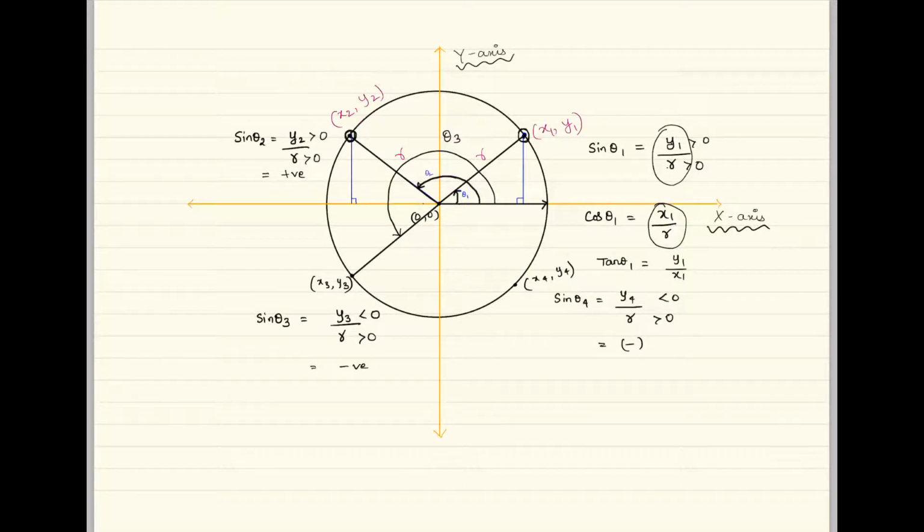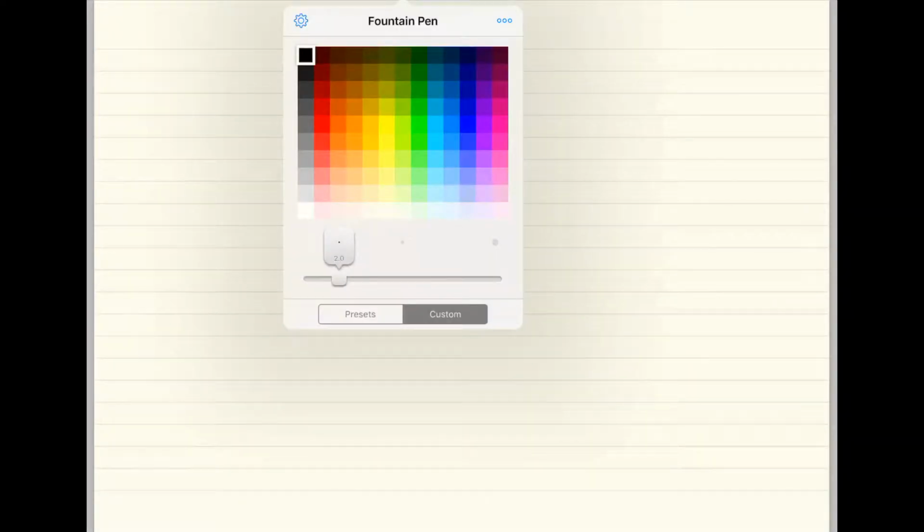Okay, so if theta is in the first quadrant, that is an acute angle 0 to 90 degrees, then you will have sin theta as a positive value. So let's discuss all these things practically using some examples now. Okay, so here we have